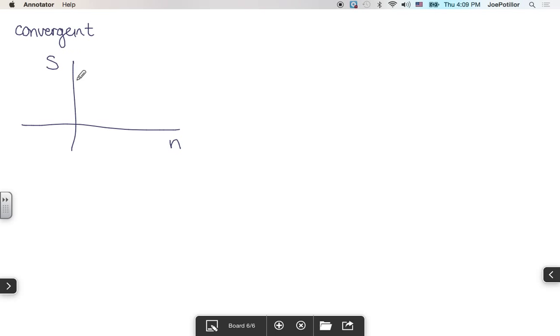What's happening is that either my sequence approaches a number, whatever the sum is, or